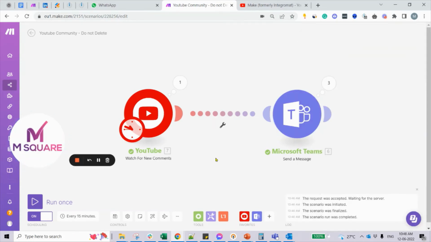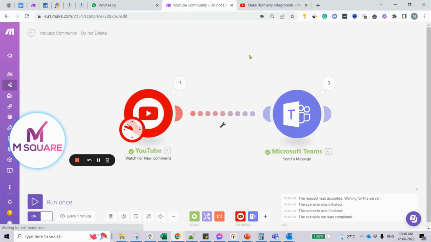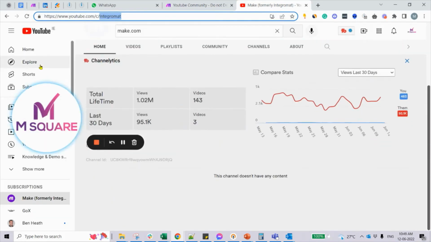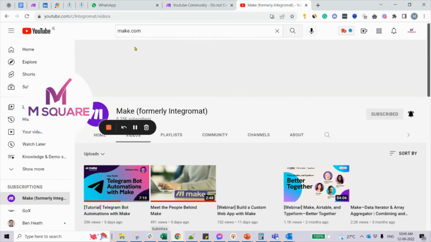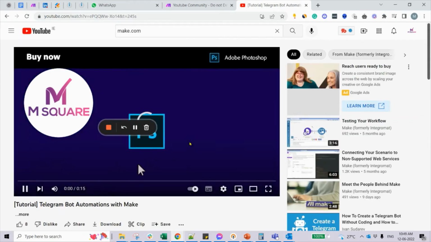Now let me demonstrate it live. So I'm just changing the scheduler. Instead of checking every 15 minutes, I'm setting it to 1 minute, so it will check every 1 minute. And I just turned it on and am going to the make.com. I'll select any video that they have. So here there is a Telegram bot video. I just opened it